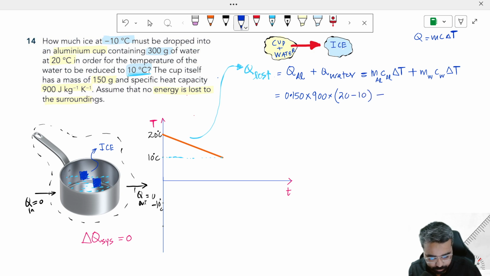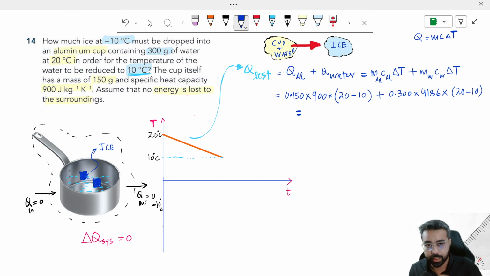So plus, in the same manner, mass of water times specific heat capacity, which is by the way 4186, normally used as 4200 as well, and the change in temperature is once again 20 minus 10. So the total will be the value